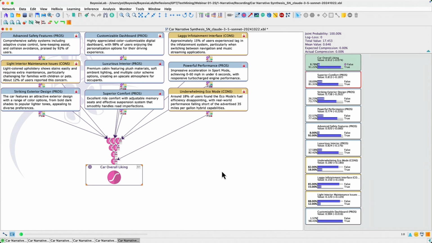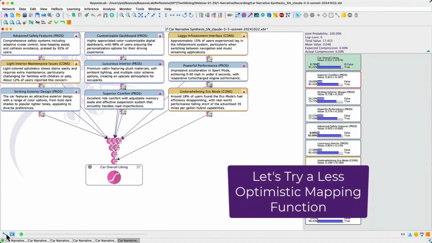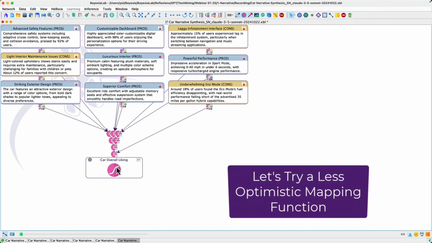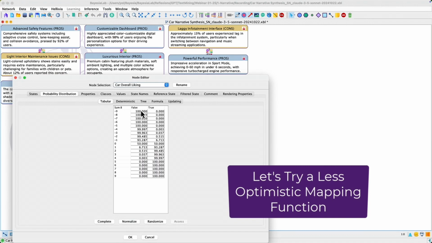So we have created a Bayesian network, a causal Bayesian network, by using Hellixia. Now the last step is to try something, as we can see that the output was quite optimistic. That is because we use by default the sigmoid function that was the output of our ICI generation feature. So here we can try something that is less optimistic.